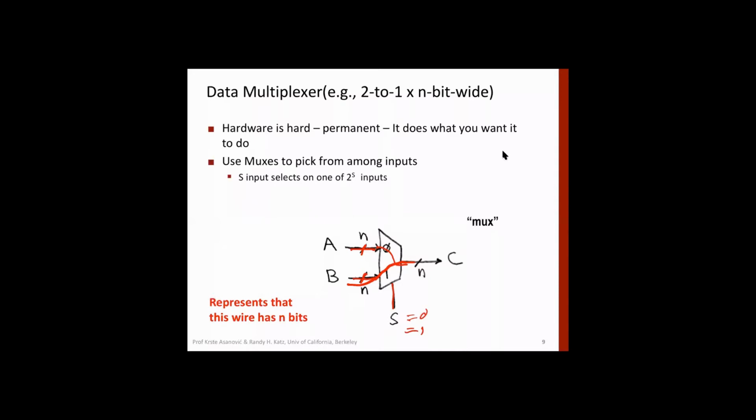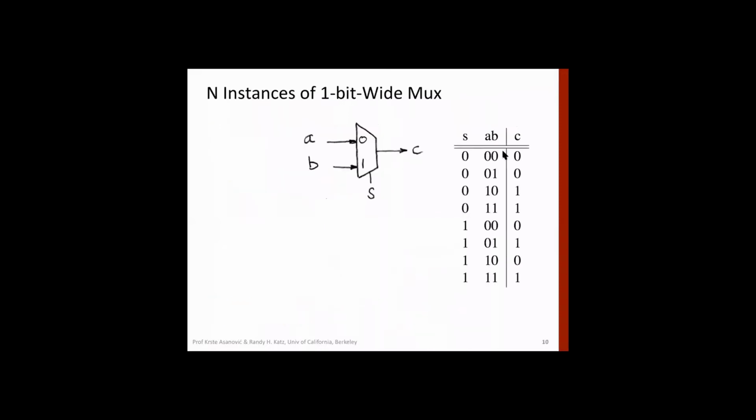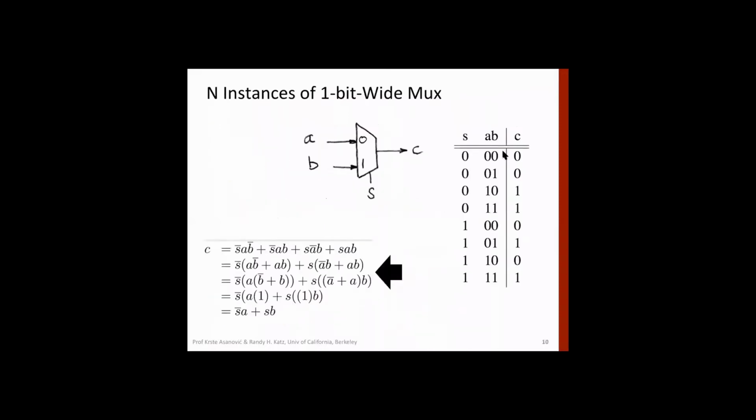So s select inputs choose one of the 2 raised to the power s inputs, right? Okay, so here s is 1, there are only 2 inputs, so we need just one control bit or selector bit. All right, okay, simple. You can easily design this, right? There's no brainer in it. I mean, it's a very simple way: you can create a truth table which has basically 3 inputs, A, B, and S. Okay, and since there are 3 inputs, 2 raised to the power 3, which is 8 rows, will be there.